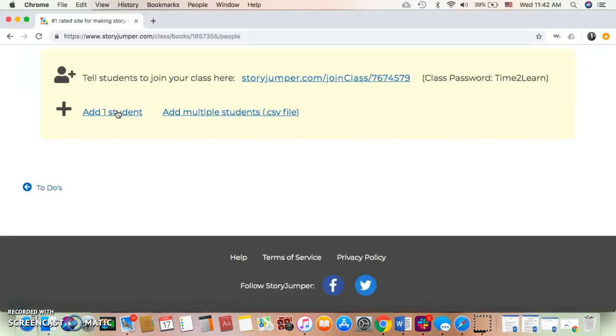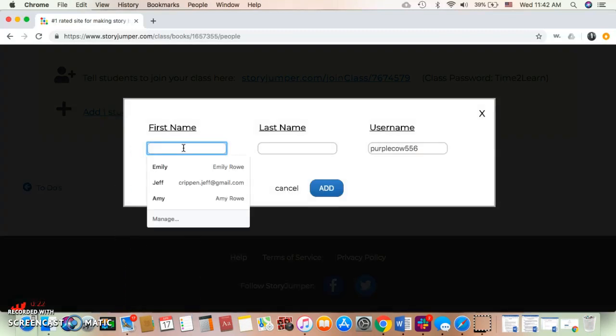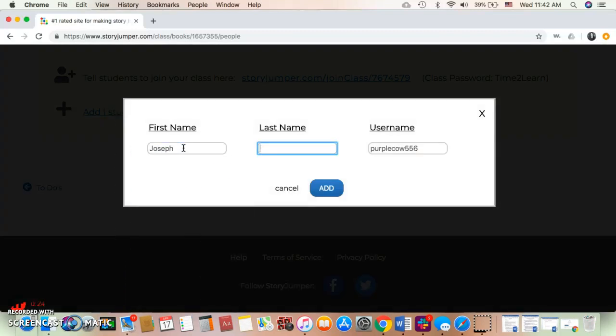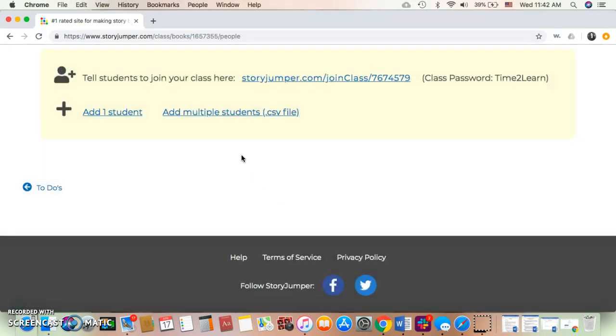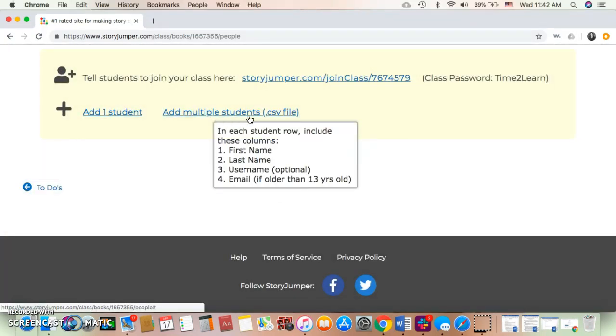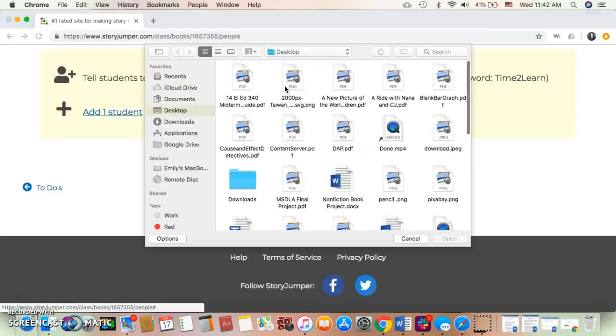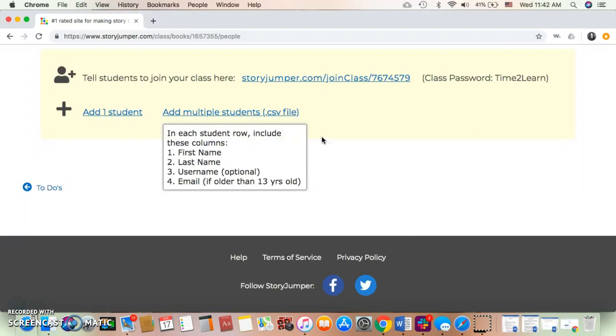I can add one student at a time by entering their name and their username. Or I can add them via a file. So if I had like an Excel document of students' names and other information, then I can enter that in